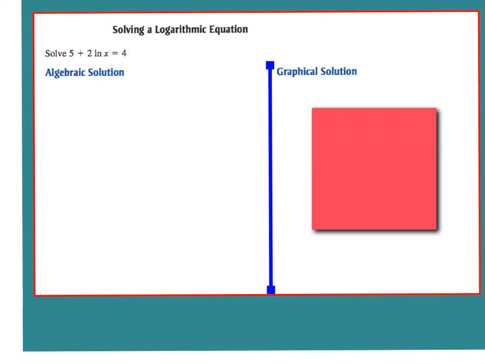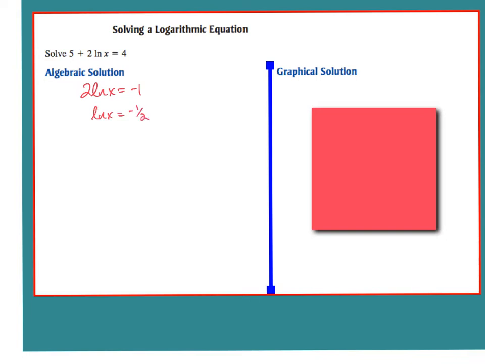All right, this next one. We have 5 plus 2 natural log x is equal to 4. We actually did kind of these on our homework yesterday. It was very similar to number 26 that we did. All right, so what do we do to start this thing? Inverse operations, what do we do? We subtract 5. So now I have 2 natural log x is equal to -1. Now what? Divide by 2. So now I have natural log x is equal to